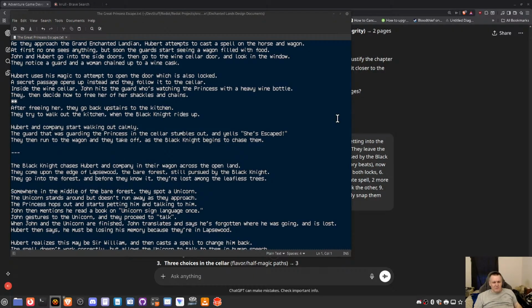Some way to haul items in. And so all they see is this horse and cart, and they blink or turn away, and then they turn back, and now suddenly before them is this huge thing full of food. And while they're distracted looking at this thing, Hubert and John go into the kitchen and spot the cook there.